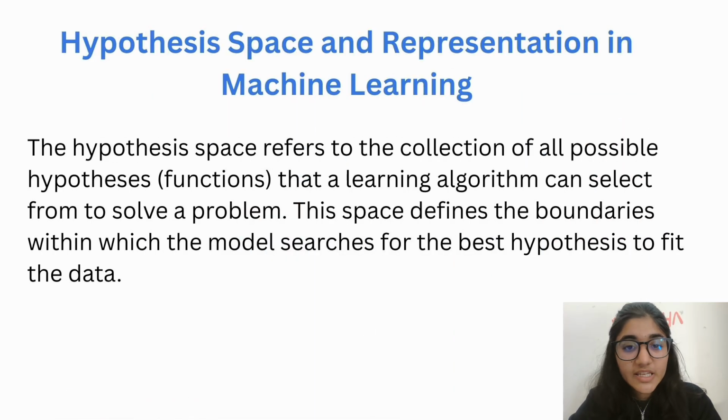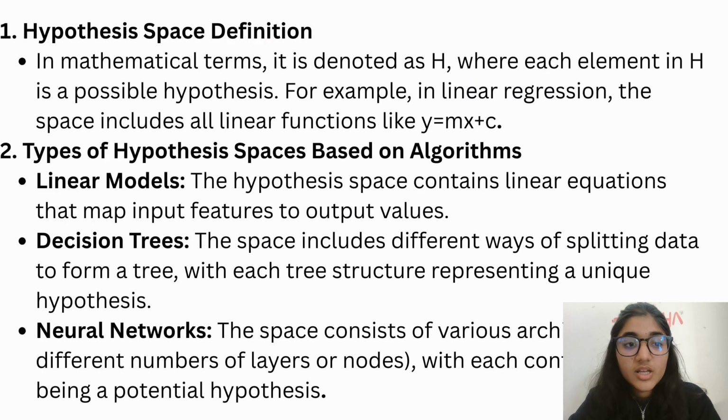So the hypothesis space and representation in machine learning: the hypothesis space refers to the collection of all possible hypotheses, that is, functions, that a learning algorithm can select from to solve a problem. This space defines the boundaries within which the model searches for the best hypothesis to fit the data. First, the hypothesis space definition: in mathematical terms, it is denoted by H, where each element in H is a possible hypothesis. For example, in linear regression, the space includes all linear functions like y equals